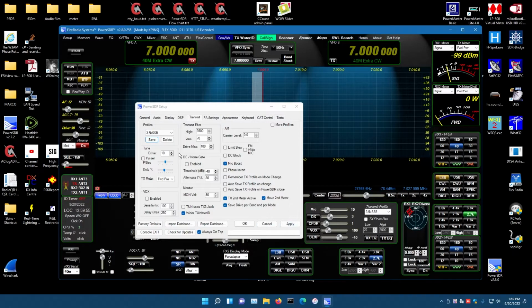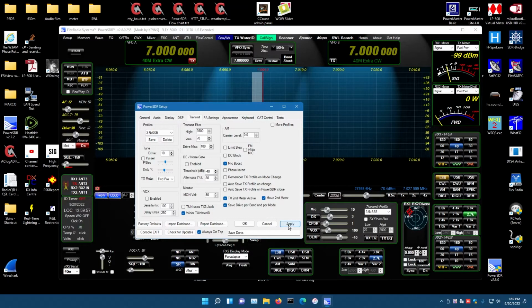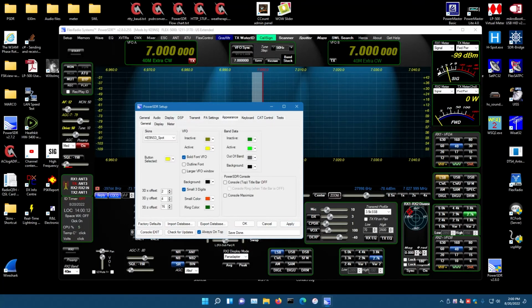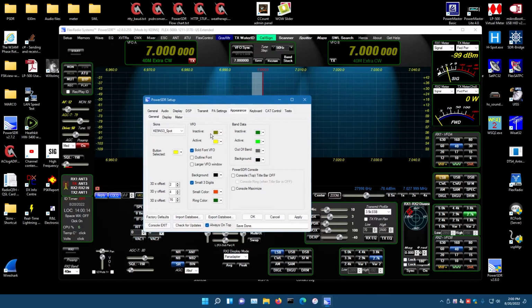So we are all saved there. I'm hitting apply. I don't like autosaves between making changes. I want to make this save myself, and I think it's really the best way to go. There's no PA, that's not for this radio. Appearance, okay, so appearance,